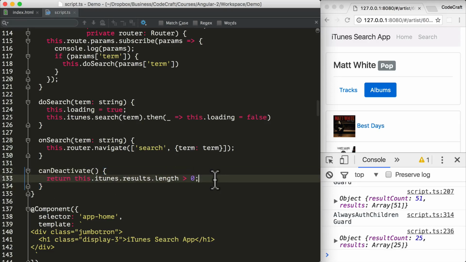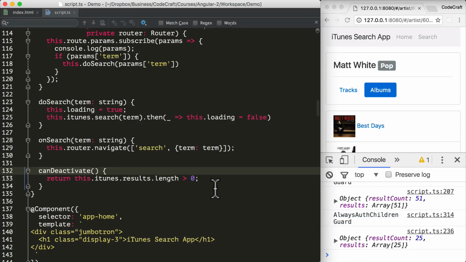It's assuming that if the results array on our search service has more than 0 items, then it can deactivate, as in we can move away from this. So therefore, if we've never performed a search, our results length would be 0, and therefore canDeactivate would return false. Now this is a very simple and not very good way of checking to see if we can deactivate. But just to demonstrate the guard, it's a